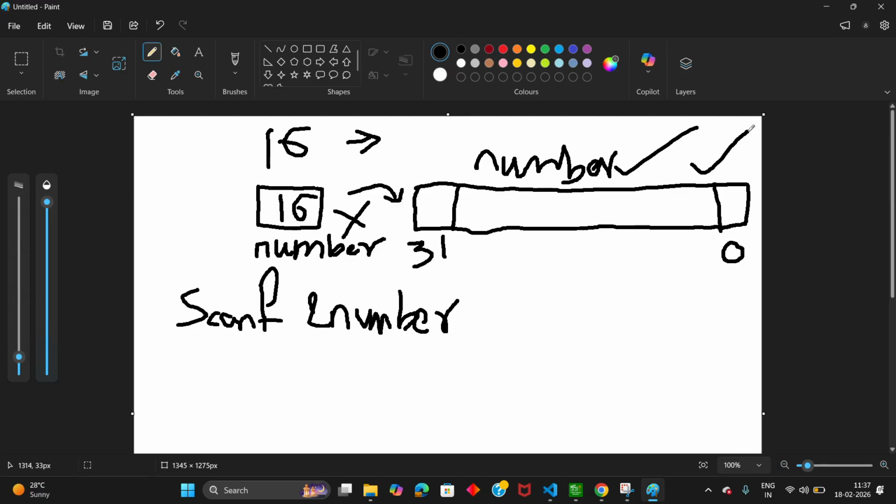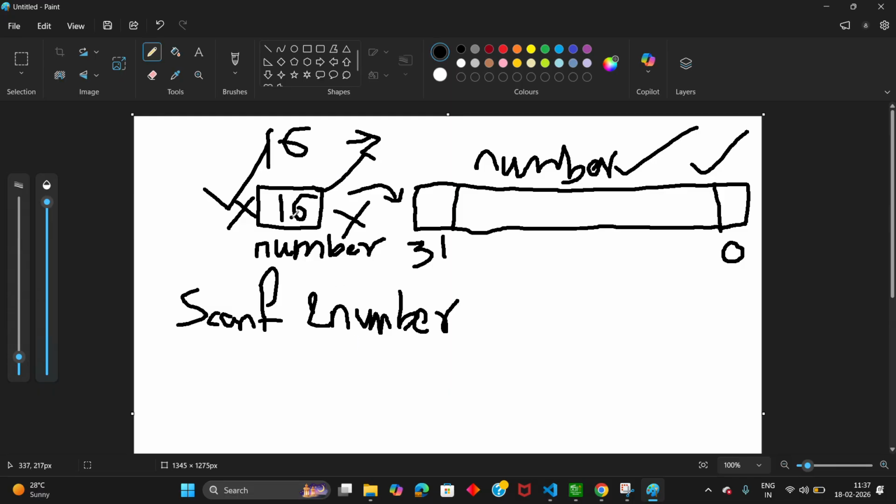I'm assuming that the system word size is 32 bits, so it will be 32 bits. Our 16 won't be stored as 16 in the memory, it will be stored in binary.